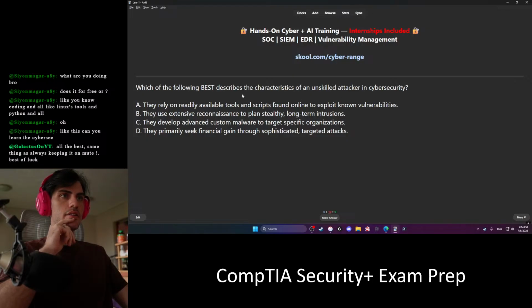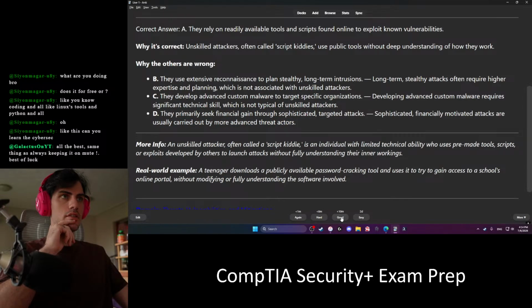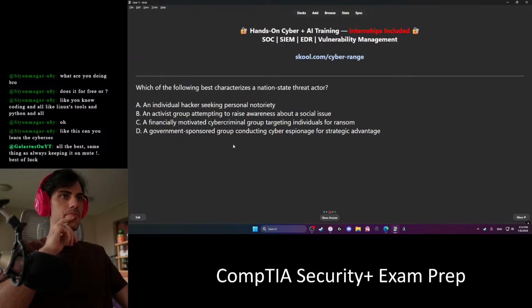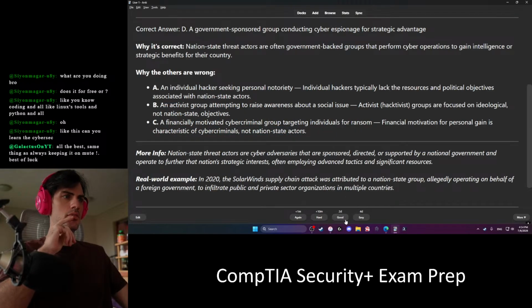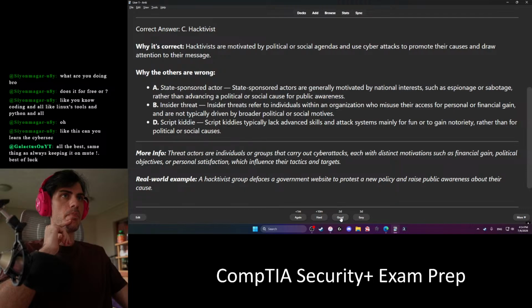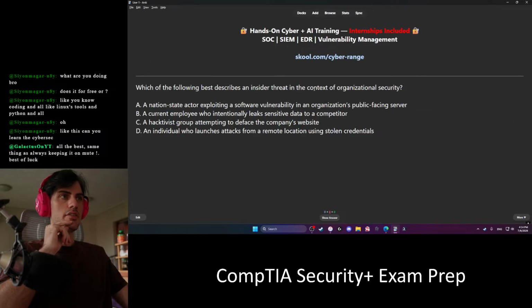Unskilled attacker. A. The risk posed by it is B. Most likely to conduct attacks to advance political or social cause. Activist there. Best describes an insider threat.